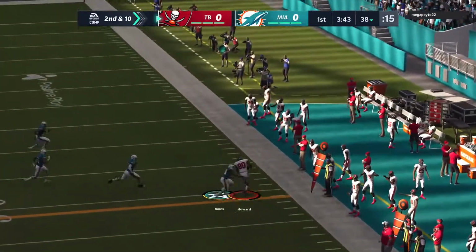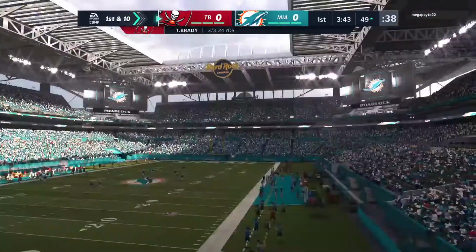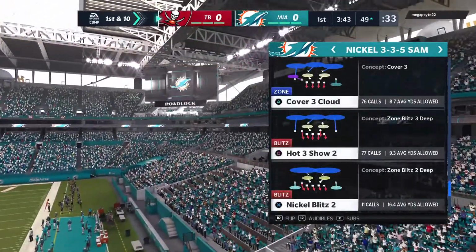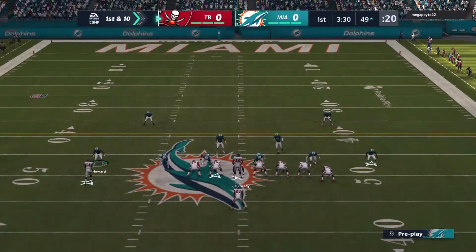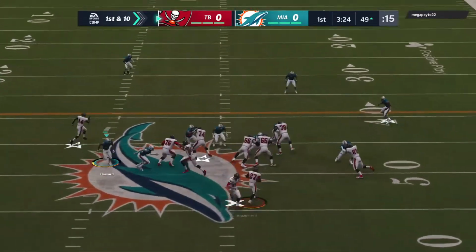The pass by Brady there, caught by Howard, and he'll take this to the other side of midfield before going out of bounds. Back-to-back receptions for him, and it's another first down. When you get a big tight end like this, sometimes it takes more than one man to bring him down. Oftentimes, your best bet, just jump on and hold on and wait for your teammates to arrive to help get